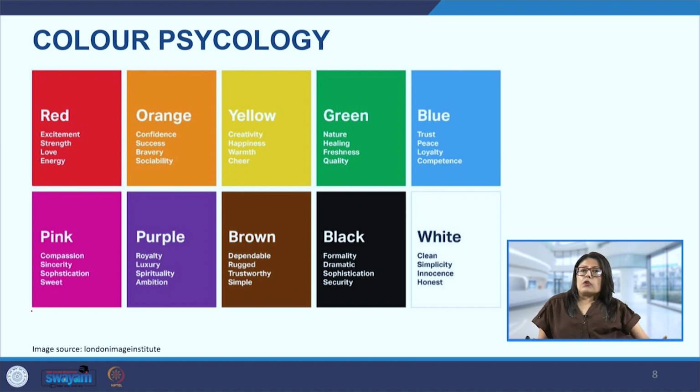At the same time, we should also remember that in different cultures, different colors have different meanings. People associate different emotions with different colors as well. So it will not be wise to generalize this around the globe, because for example, in certain cultures, when people get married, they wear the color red because it is auspicious for them. But in some other cultures, people wear the color white because for them that is auspicious. However, for other cultures, white is an inauspicious color.